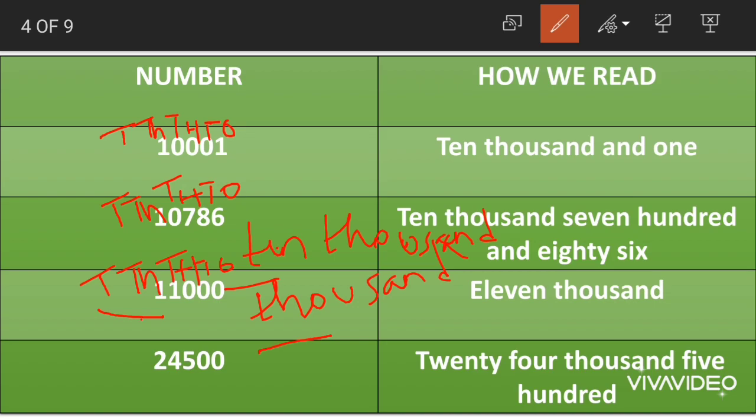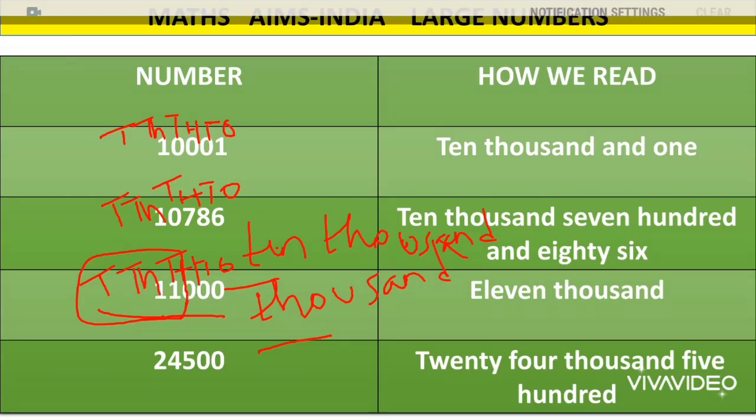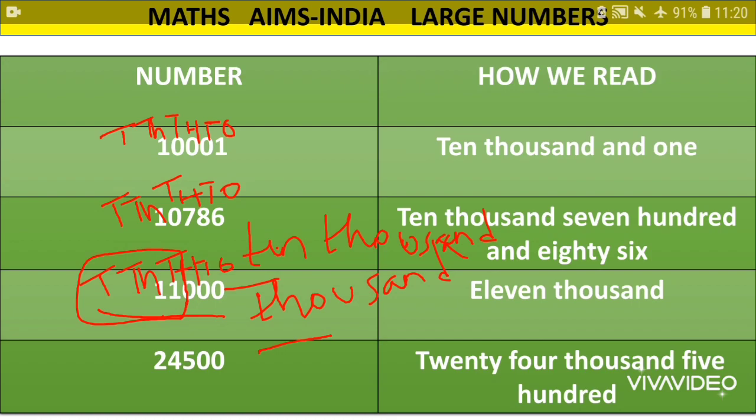Now what will 10,000 plus 1,000 be? What will 10 apples plus 1 apple be equal to? 10 plus 1 apples is equal to 11 apples. Yes or no children? In the same way, 10,000 plus 1,000 will be read as 11,000. What will we read this as? We read this as 11,000. Understood children? You just have to know the place values in order to understand how to read the numbers. The last number is